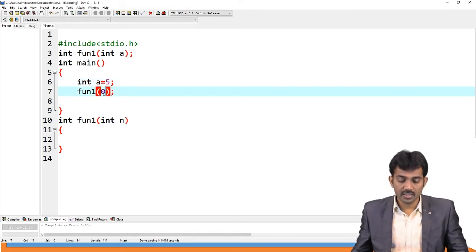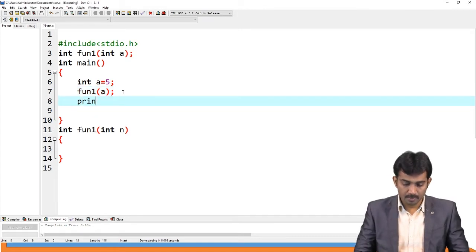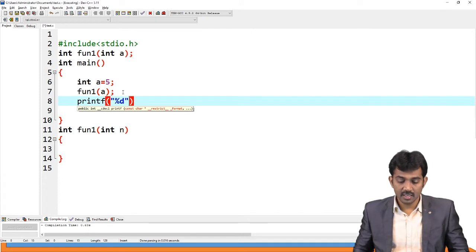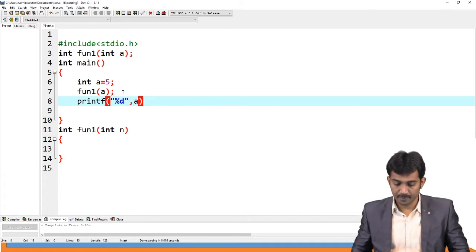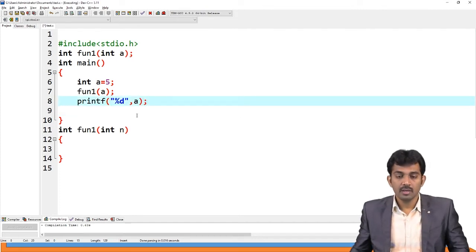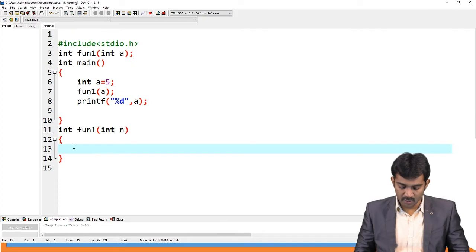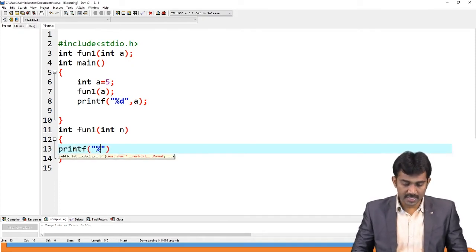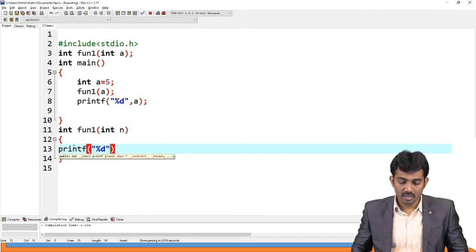I'm going to pass A here. See, printf of percentage %d comma A. Now, if you run this, printf of percentage %d comma n.